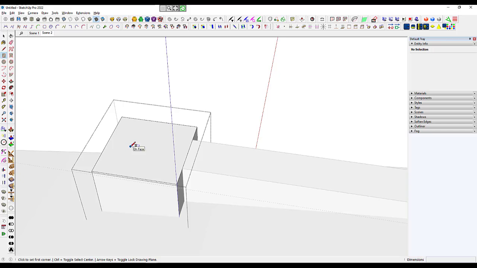What I'm going to do is press Control so I can draw my square from the center out, and then I'm going to find the midpoint on that edge and that edge. I'm just going to come in here until I get those two black dots, and then I can drag out my rectangle or my square,